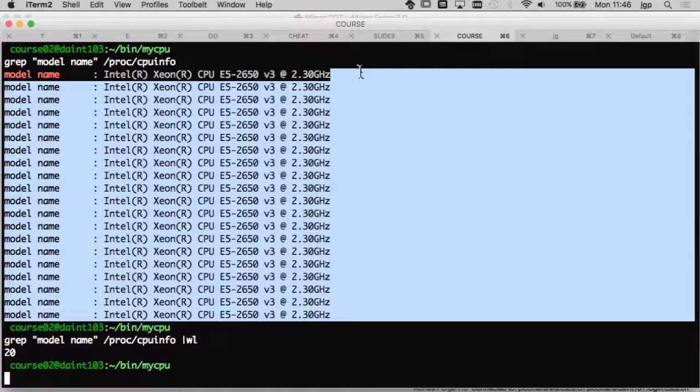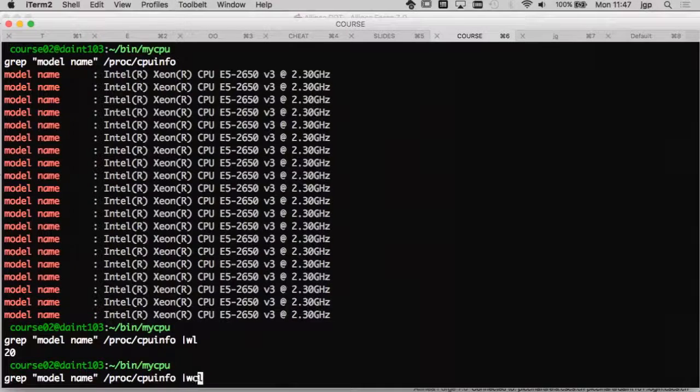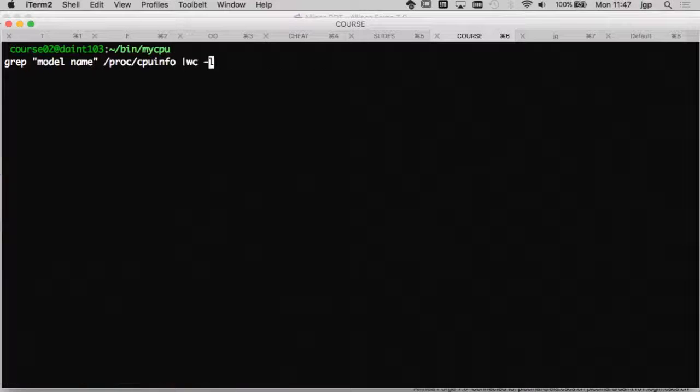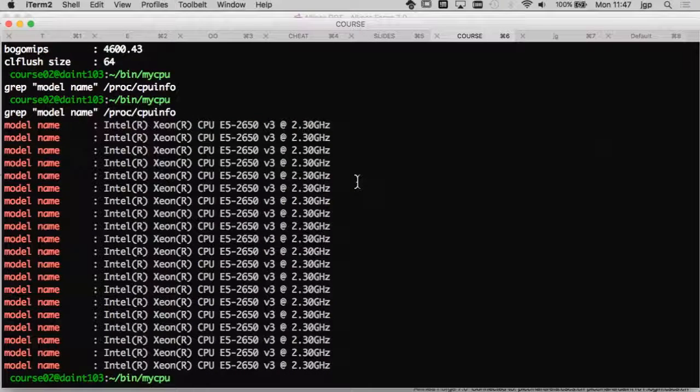It's telling me that I have 20 cores. Actually, it's not 20, it's 10, because... ah, yes, sorry, that's an alias. So it's telling me that I have 20, but because of hyperthreading, actually I have only 10 physical cores.